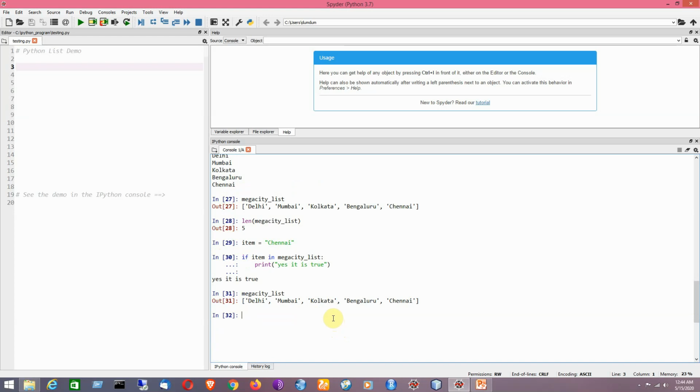So I will be using mega city list dot append. Remember, the name of the function is append. Within the round brackets of the append function, I have to specify which value I would like to add here. Say Ahmedabad.